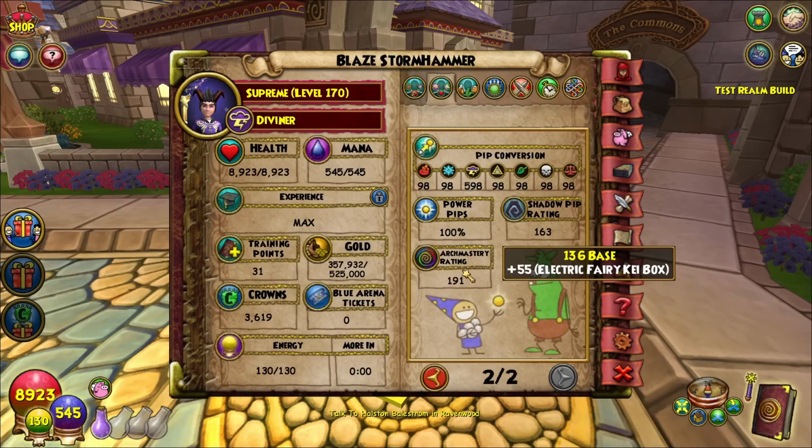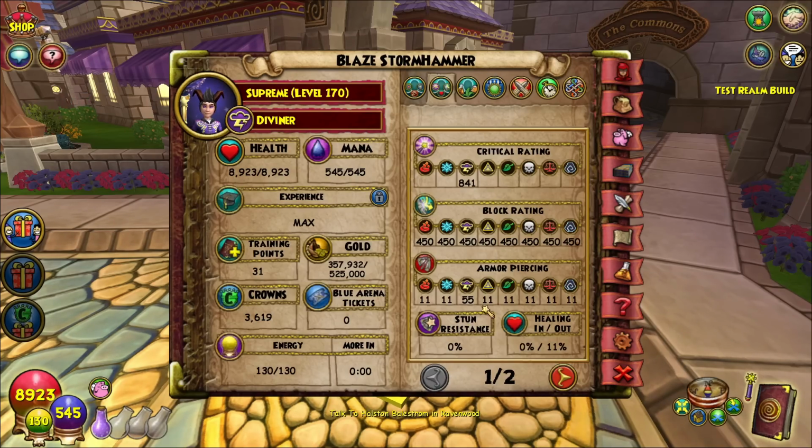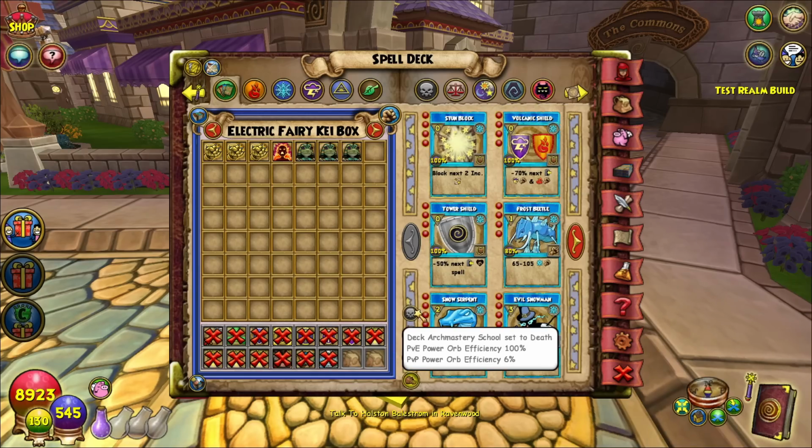At max level, I have 191 Archmastery rating, and this is enough to get 100% Archmastery pips. I'm not sure what level or Archmastery stat amount you need to get to 100% power orb efficiency in PvE, but I feel like ever since I came back to the game with Archmastery, I've had 100%. I could go into my other characters and see what the efficiency is, but basically you go over here, you can see the efficiency, you can see how much percent chance you have at getting